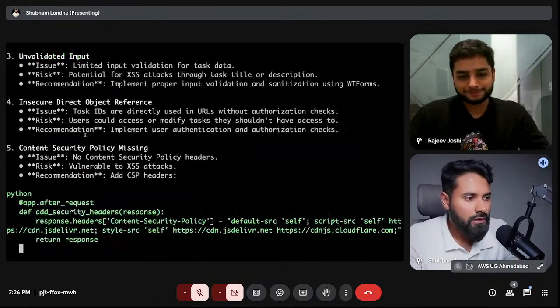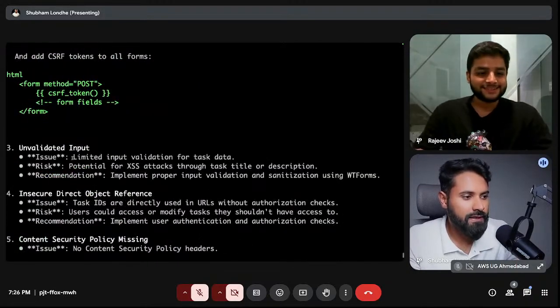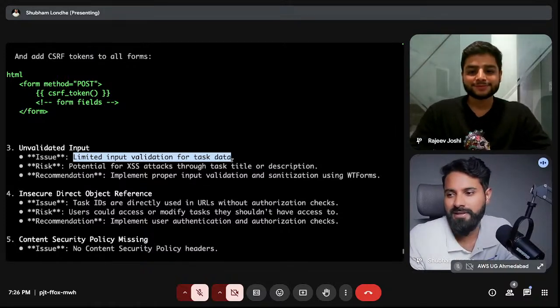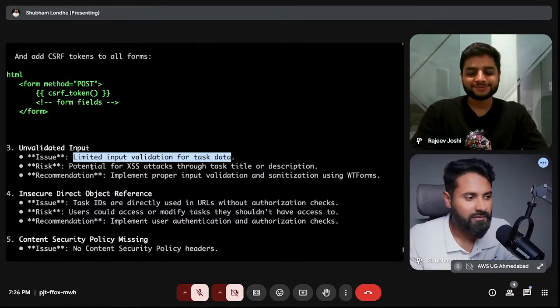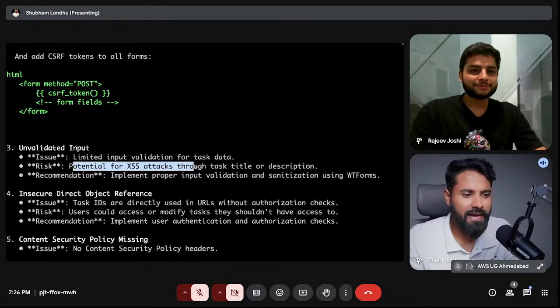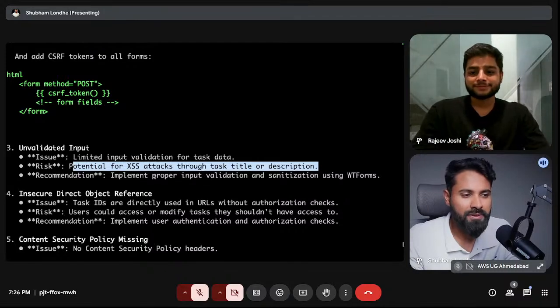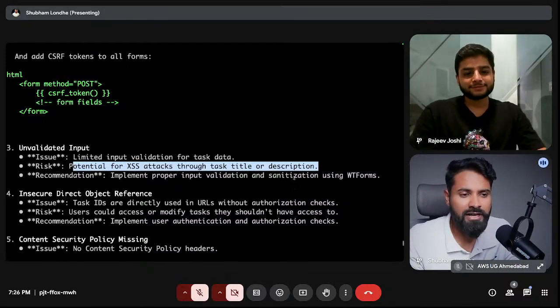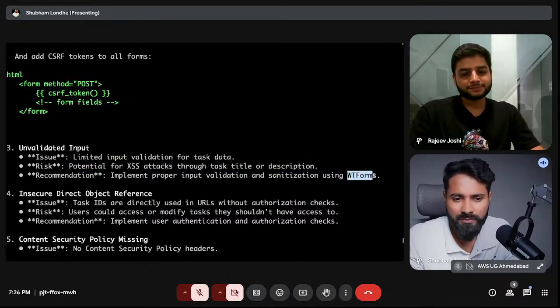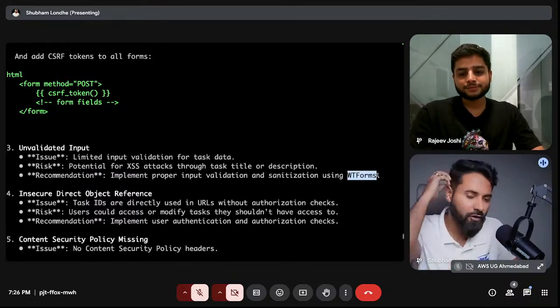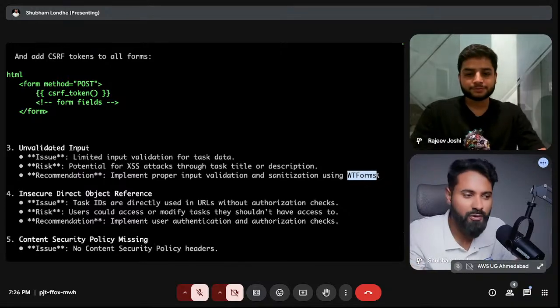Yeah, so it found an issue: limited input validation for task data. Data validation is something we sometimes miss. Potential XSS attack through a task title or description. Implement proper input validation and sanitization using WTForms. So as a developer or as a DevOps engineer, you can give feedback that WTForms is something missing in your code.